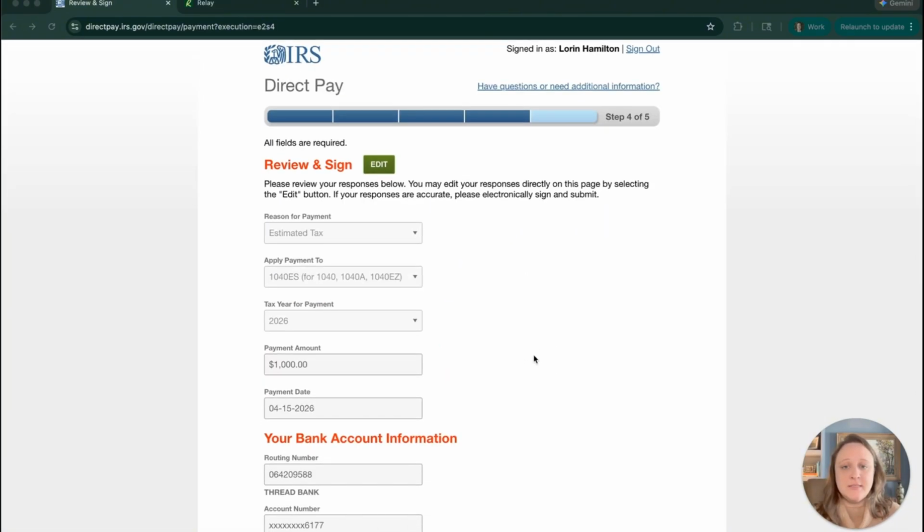My other tip for this is once you get to that submit page, it's going to have a confirmation number on it. I would print that page out. You don't necessarily have to print it on paper, but at least print it to PDF and put it with your tax documents for 2026, or at least send it to your tax preparer so that way they already have a receipt of it and they can go ahead and put it in for your work papers for the 2026 tax year. So I hope that was helpful to actually go through the IRS website and walk through the steps to actually make those estimated tax payments.